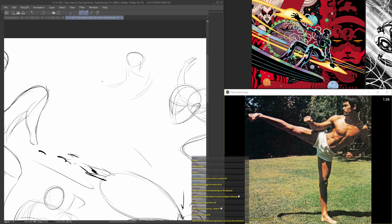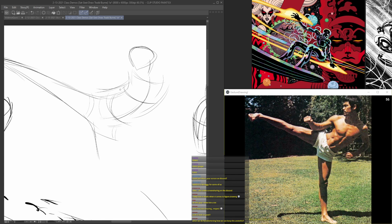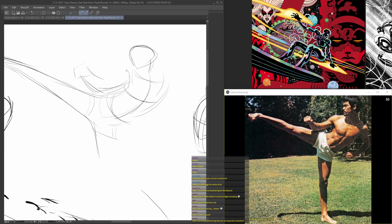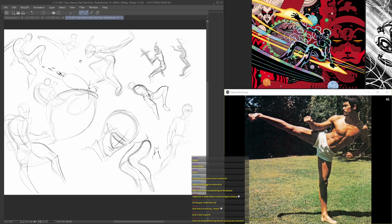So that's my artistic spirit animal, but my muse right now is Bruce Lee. I mean, traditionally, as far as art goes, the muse is often somebody who the artist uses as a figure model a lot. And the muse is a collaborator because the muse becomes like an actor for the artist's work to springboard it into excellence. So yeah,